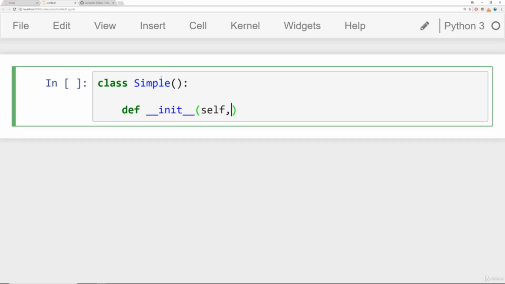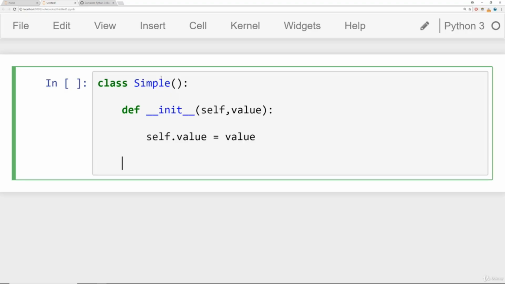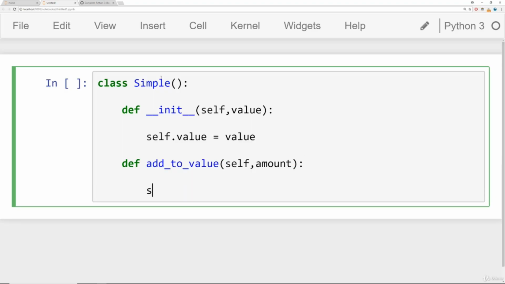And the init method, all we're going to do is say some value here. And we'll say self.value is equal to the value passed. And then I'm going to have a method called add to value. And this will be self, and then some amount. And what this does is it takes in the current value of self, or current self.value, and then it says